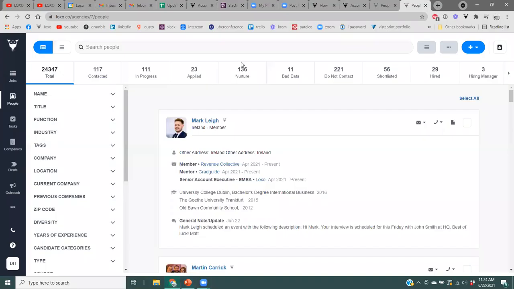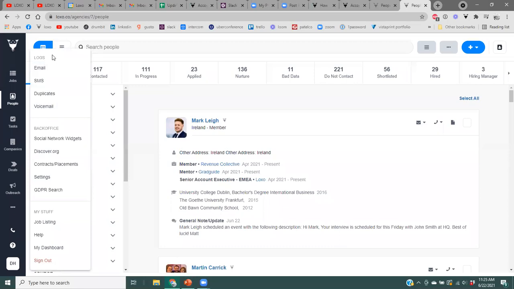When you log into your Loxo account, as you know, there's a navigation bar over here on the left-hand side, and you're going to go all the way to the bottom and click on the button that has your initials here. So I'm going to click on DH. And this is where you're going to be able to find the settings page. If you simply scroll down in this drop-down list to right here, click settings to access your Loxo account settings